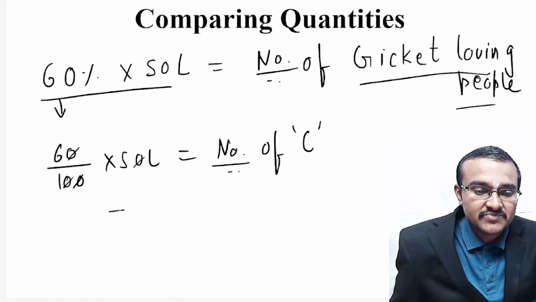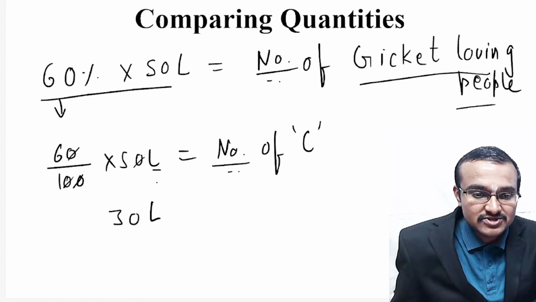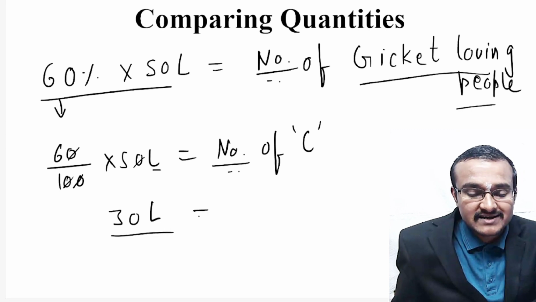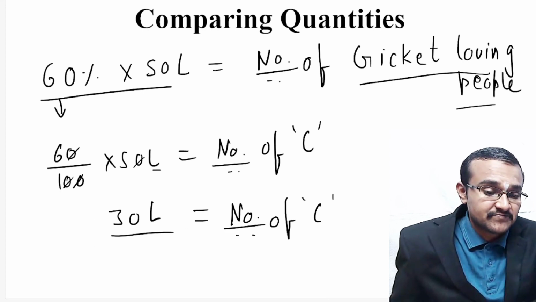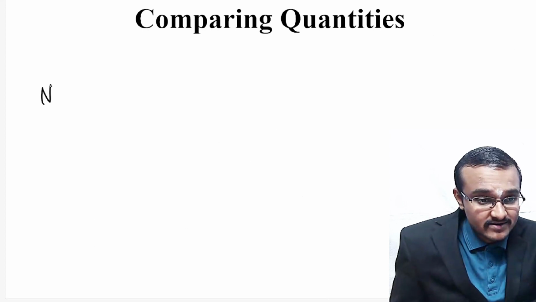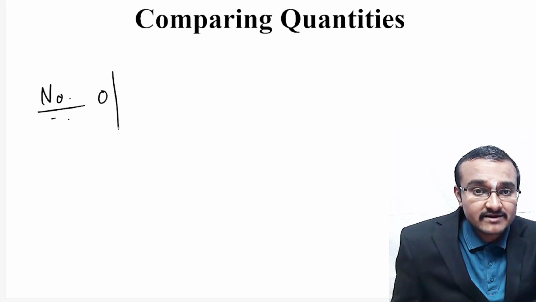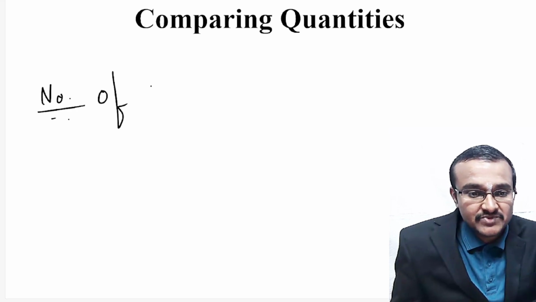So 5 6s are 30 lakh. So this lakh you should not ignore. So 30 lakh people are there who are actually loving cricket in this particular city. Now if you want to calculate the number of people loving football in this particular city, so I will write